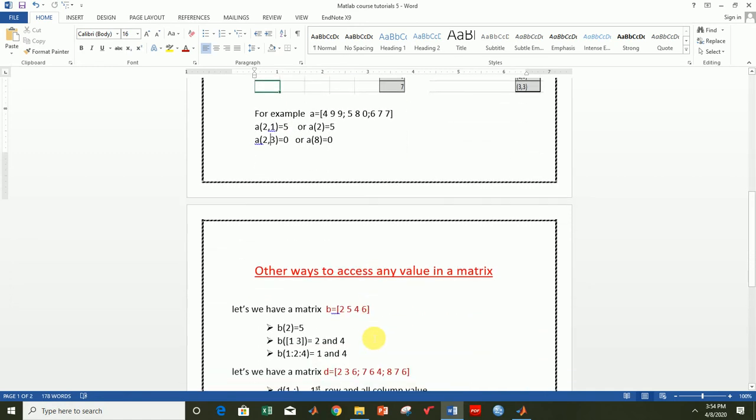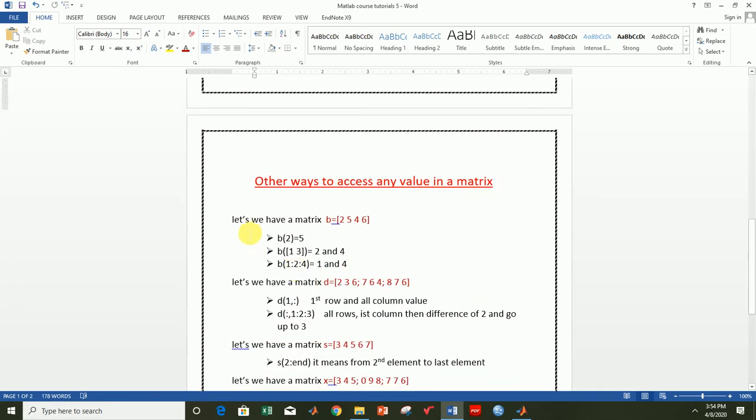Now there are other ways to access any value in a matrix. Let's say we have this matrix, a row matrix, or you can say a row vector. If you want to access one value of this matrix, if you want to access this 5, you have to write as simple as B of 2. You want the second element because 5 is the second element here, so you can access it this way. Let's do this